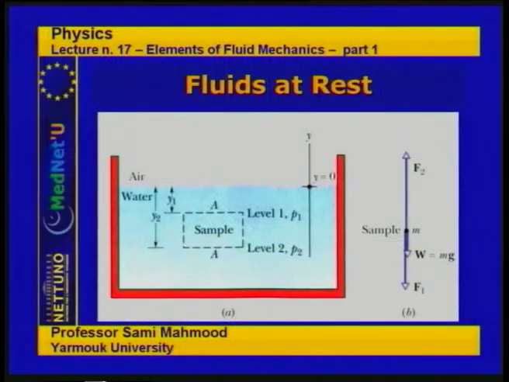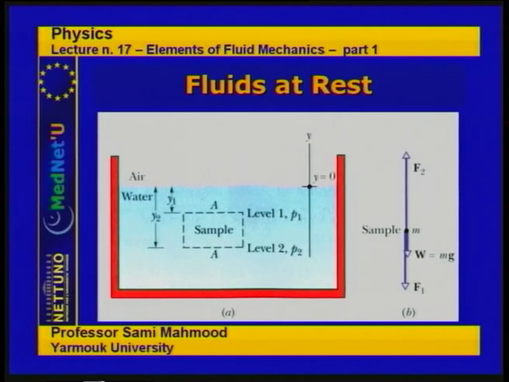Remember that y1 and y2 are the depths of the upper and lower bases of the right cylinder, and both of them are negative numbers because the y coordinate of each one of them comes below the 0 reference point. So we assume that level 1 at depth y1 beneath the surface is at pressure P1,